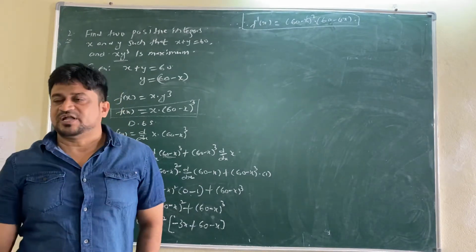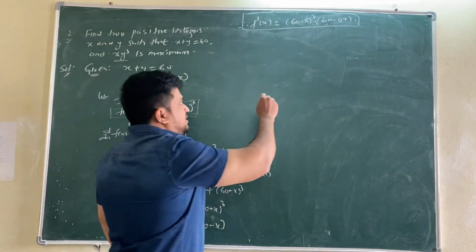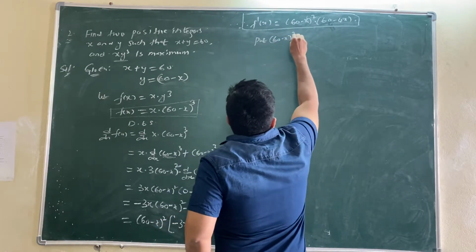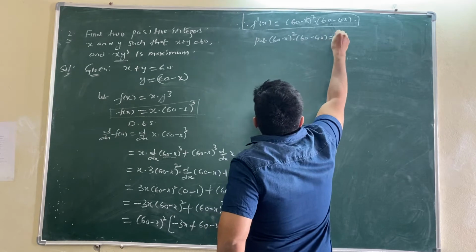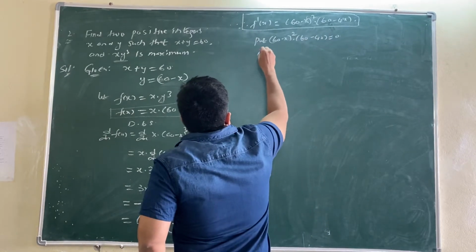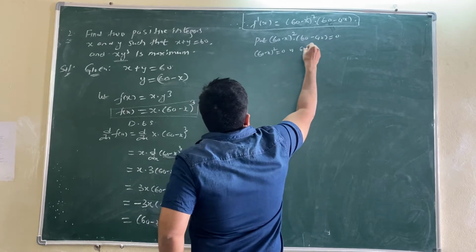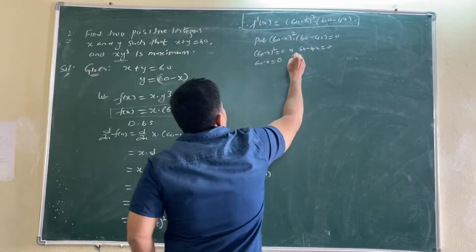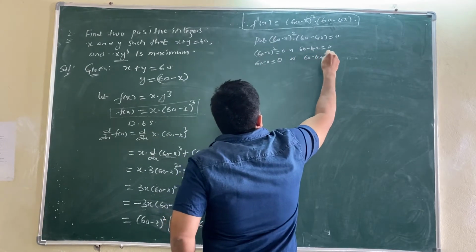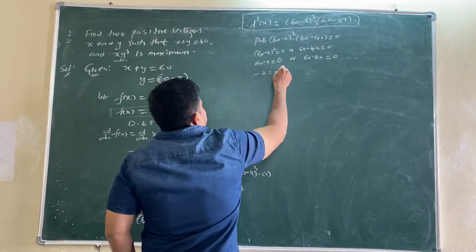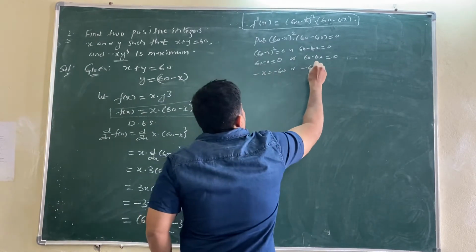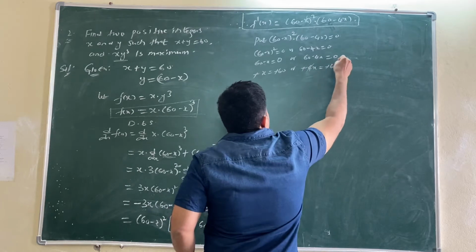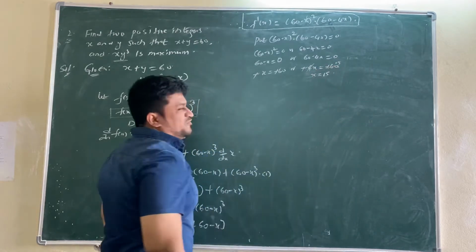Once we got f dash of x, we leave that one up to that mark. We will take f dash of x, whatever answer we got, equal to 0, because both are multiples: first one equals 0 or second one equals 0. So 60 minus x whole square equals 0, root 0 is 0, or 60 minus 4x equals 0. Minus 4x here, minus 60. So x is 60, x is 15. Two values of x I got.